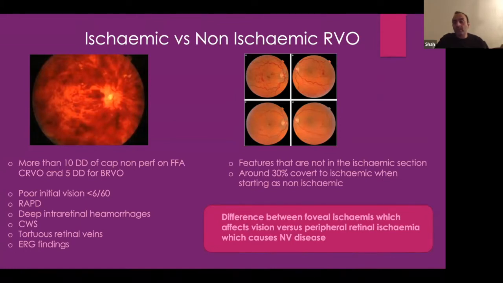And the other thing that we'd like to look at is actually the fovea. So is the fovea ischemic? What's the size of the fovea? What's happening around that? That's also important, something we see with fluorescein angiography. But essentially, what type it is, what the vision is, obviously, is there any RAPD? Are there deep intraretinal hemorrhages, cotton wool spots? That makes us think, is it ischemic or not? And if there's any macular edema. And as I said, most of you have OCT, so that'd be very useful for us.